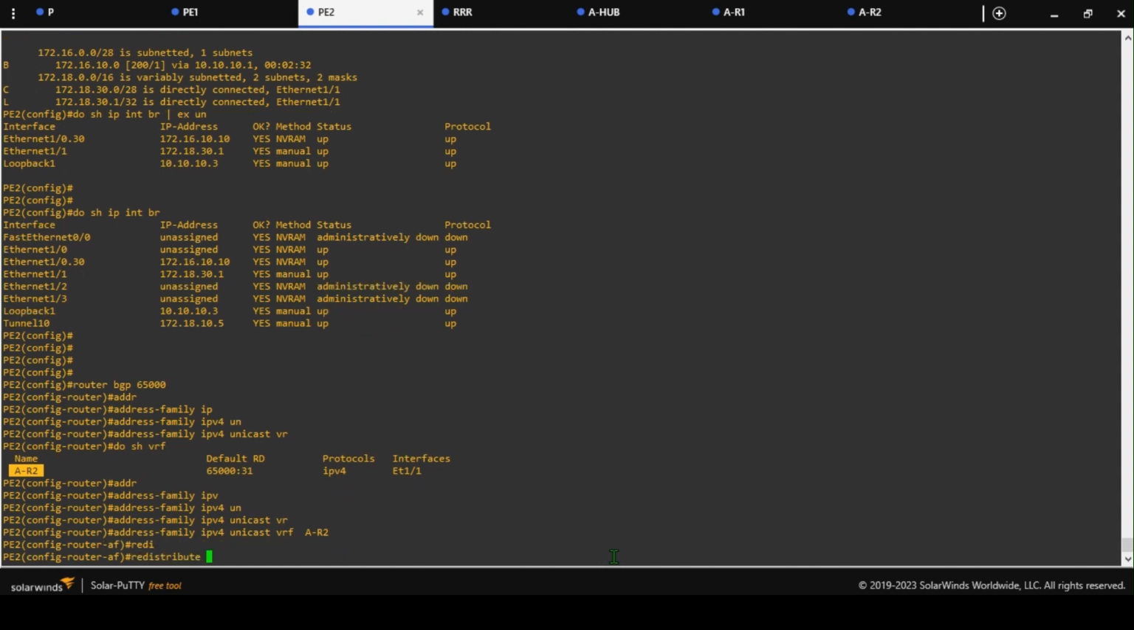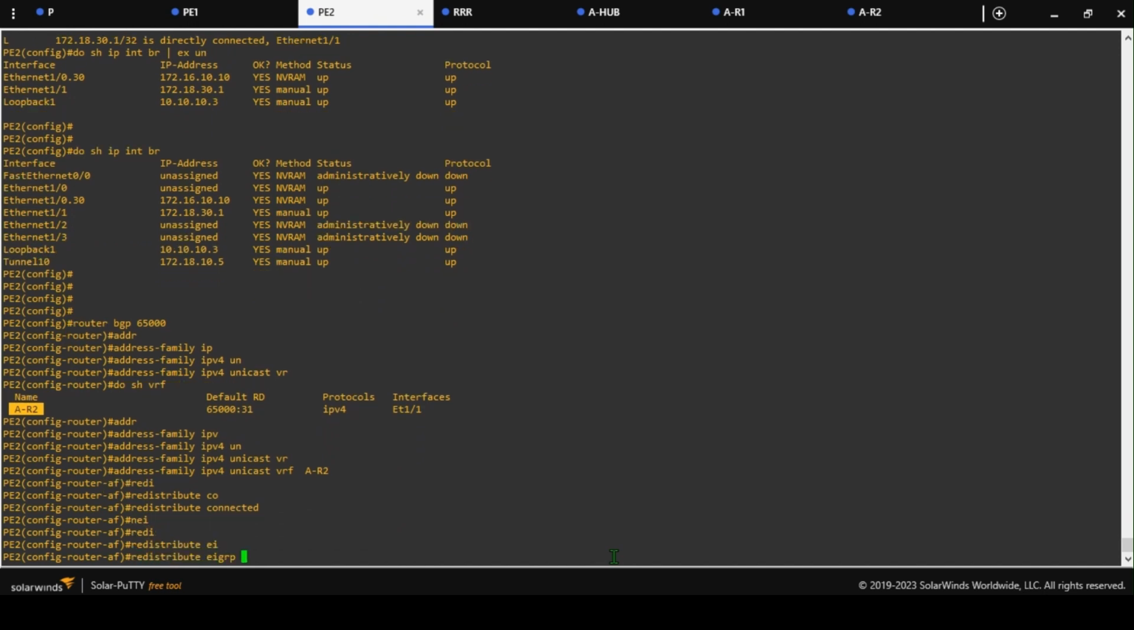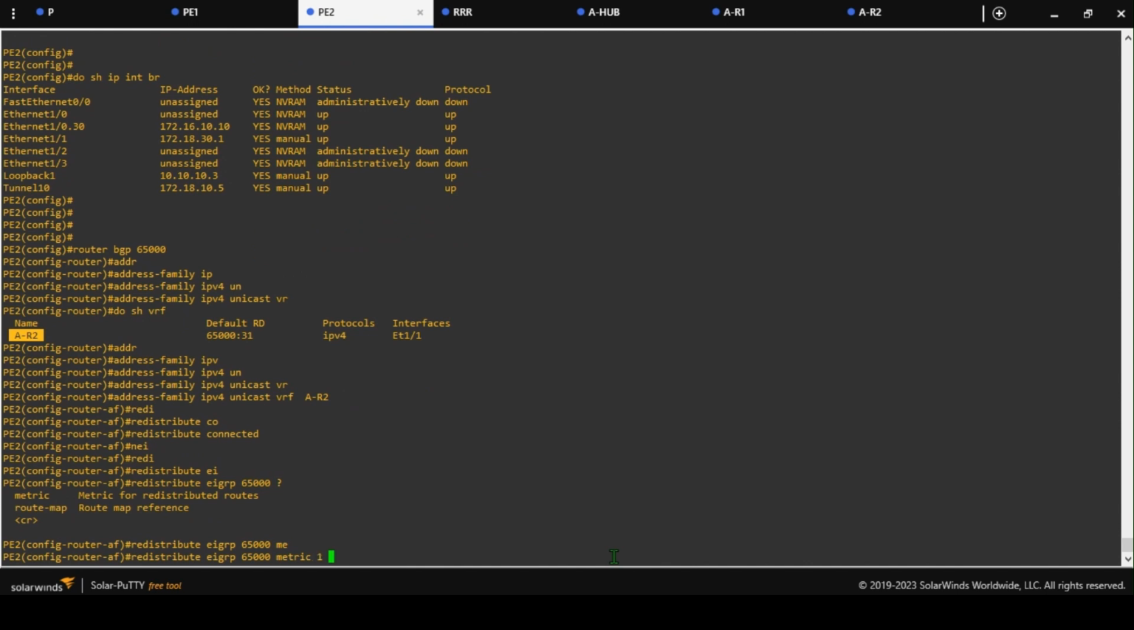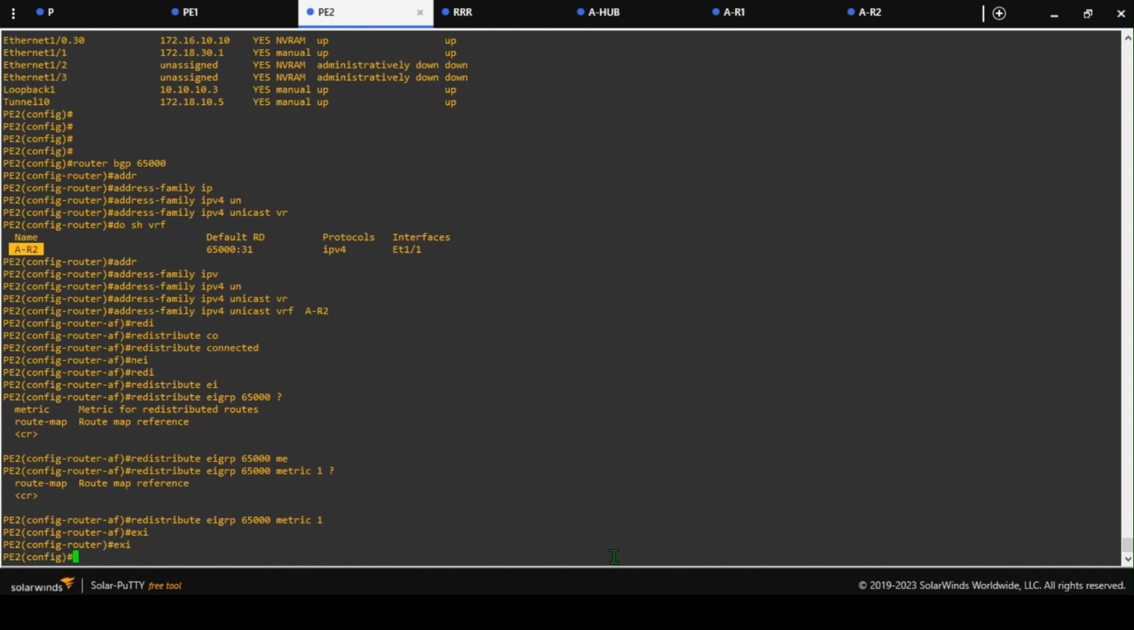I'll do redistribution. I think I've done that before. I'll do redistribution of EIGRP 65,000 with the option of metric, I can just put metric one if I want to. So that's that for that. And then I'll now redistribute the BGP into EIGRP. This is the good thing of using EIGRP name mode, it's actually an advanced router. I'll go to EIGRP and say